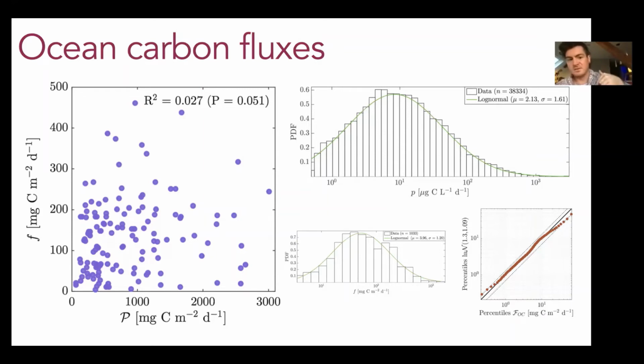And then if we think about the export of that carbon that's produced as being another necessary product thing, where the productivity needs to happen, and then it needs to end up in a particle, and then that needs to sink, and it needs not to be eaten or fragmented or whatever, then that should be log normal. And we see that over and over again, you see log normal distributions for both of these processes.